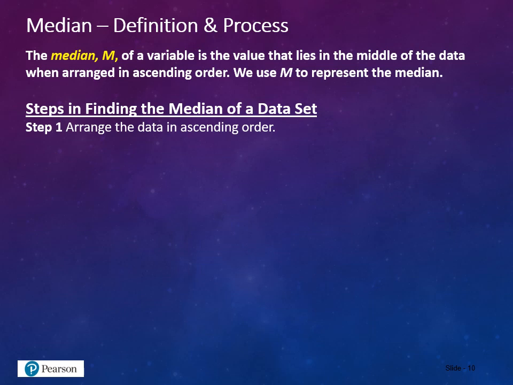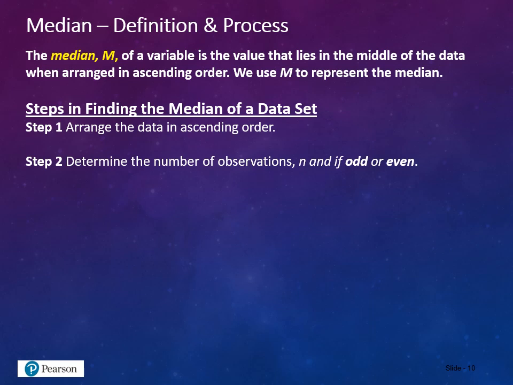Step 1 is to arrange the data in ascending order. So take all the responses and put them in ascending order. Step 2 is to count how many observations you have, specifically noting if they are odd or even. And then depending upon if they're odd or even, you can determine the observation that's in the middle of